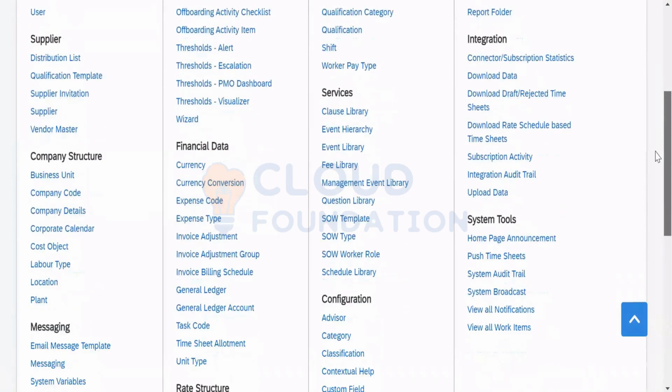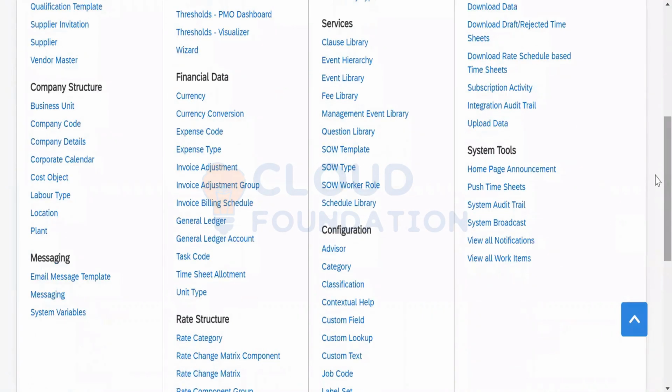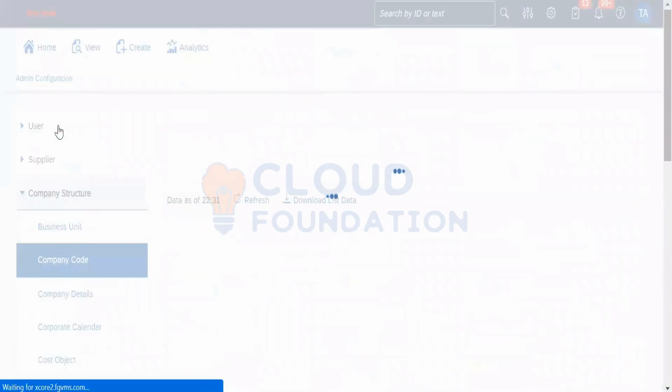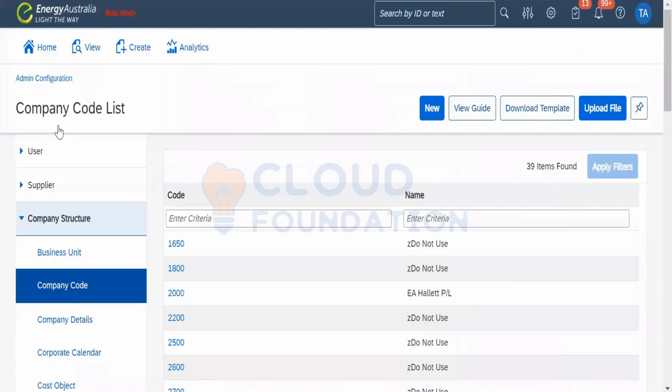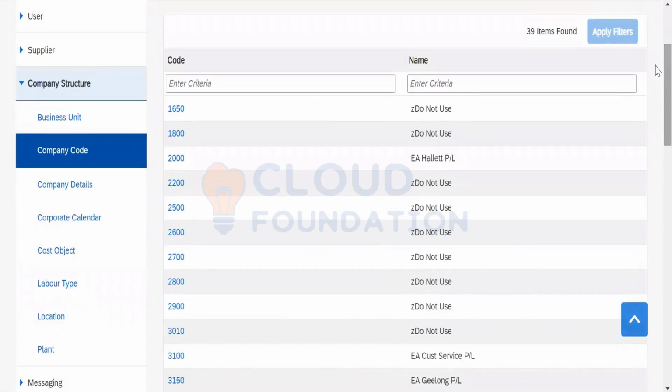Besides the business unit, we have something called company code. Company code is again like horizontals within the company, and business unit forms the verticals through integration from the ERP.